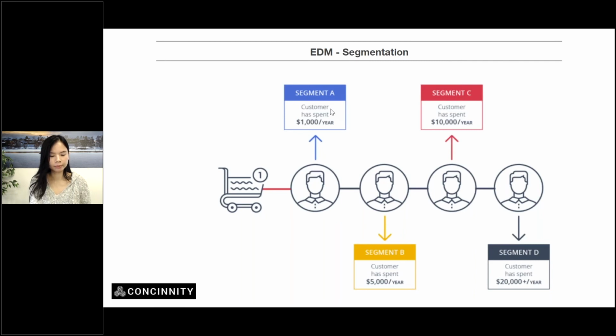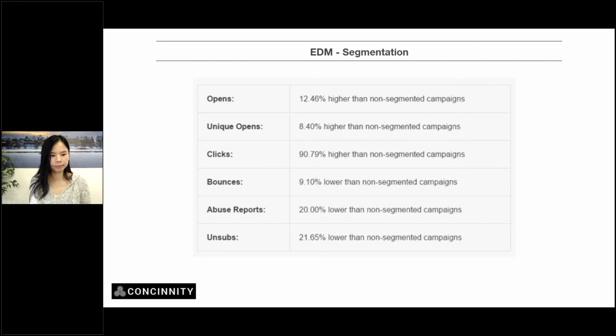Yeah, cool. So if you actually implement segmentation, what you'll notice is that your open rates will be, let's just say, an average of 10 to 15% higher than your non-segmented campaigns. Your open rates will go up, your clicks will go up, and your unsubscribes will go down. Basically, you will get a good response, and your EDMs will start working if you apply this.